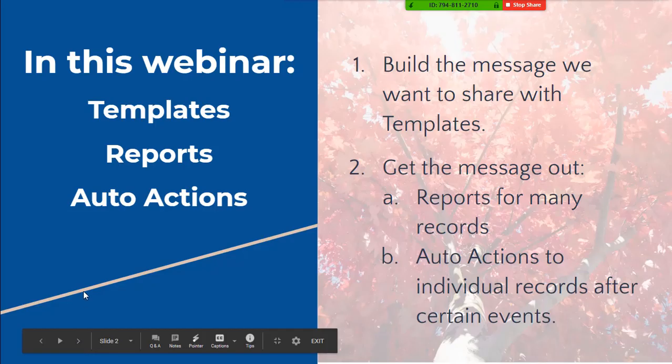Today we're going to hit on, at a high level, templates, reports, and auto actions, because they're really all going to be used in tandem to send out messaging. We're going to build the messages through templates, the template designer. It's generally going to be a professional message that you're sending